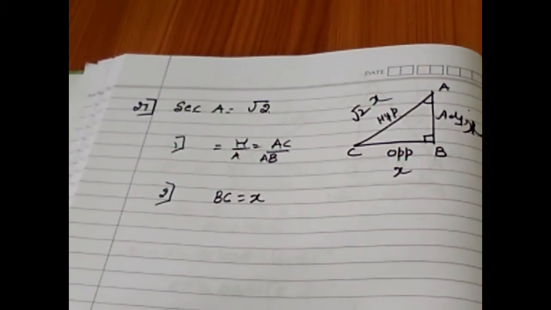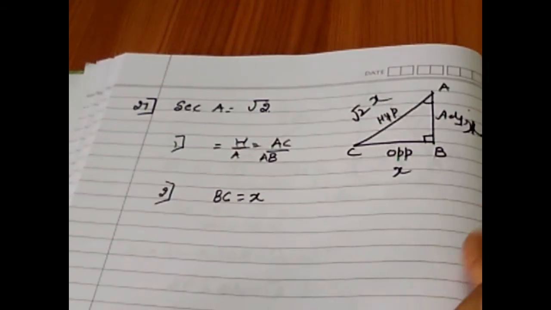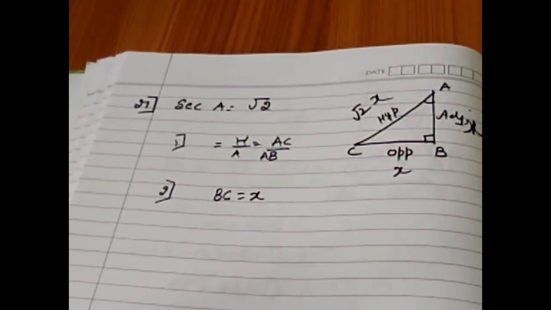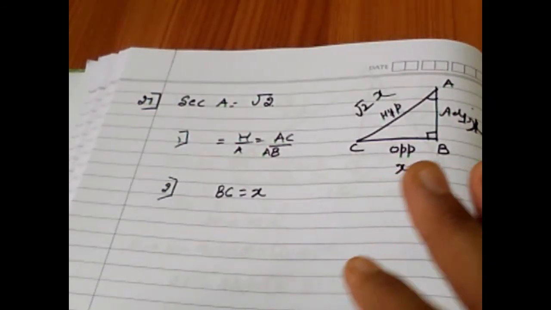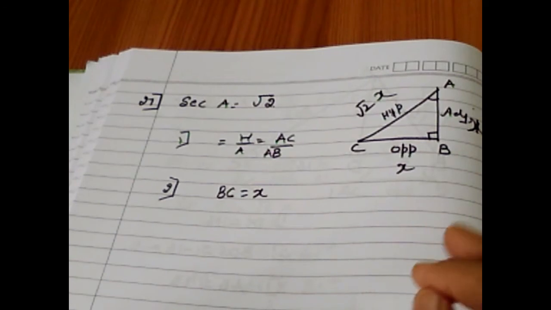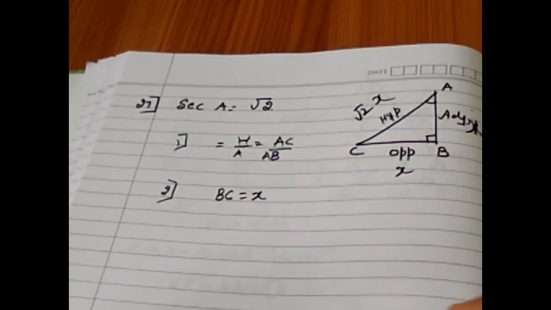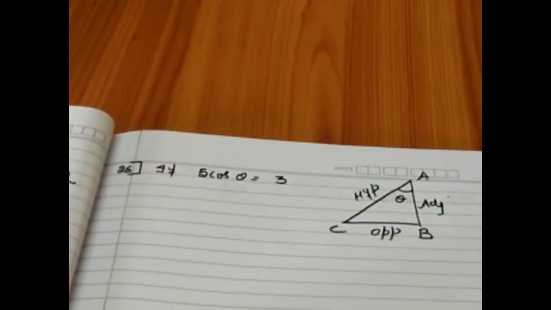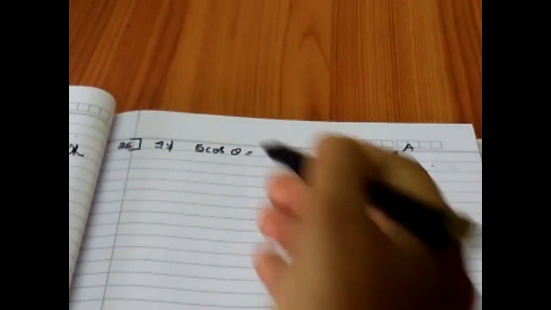So we were able to find out what is cot A, sin A, tan A and cos A, substitute in the given equation and hence find out the value of 3 cot square A plus 2 sin square A by tan square A minus cos square A. Let me move on to question number 28. This problem is also a similar type, children. Understand and solve it by yourself.